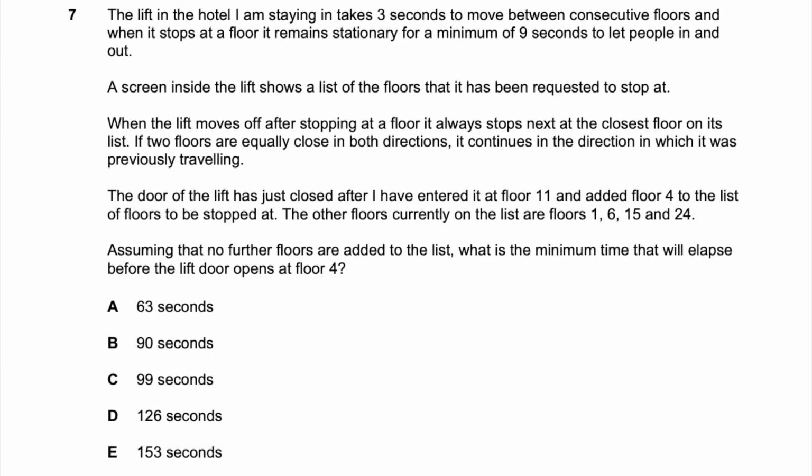Question 7. The lift in the hotel I am staying in takes 3 seconds to move between consecutive floors, and when it stops at a floor it remains stationary for a minimum of 9 seconds to let people in and out. A screen inside the lift shows a list of the floors that it has been requested to stop at. When the lift moves off after stopping at a floor, it always stops next at the closest floor on its list. If 2 floors are equally close in both directions, it continues in the direction in which it was previously